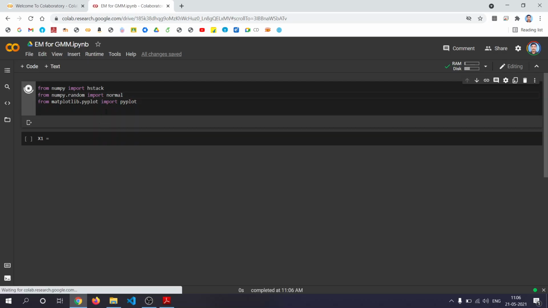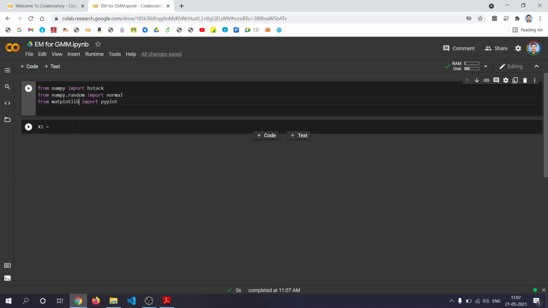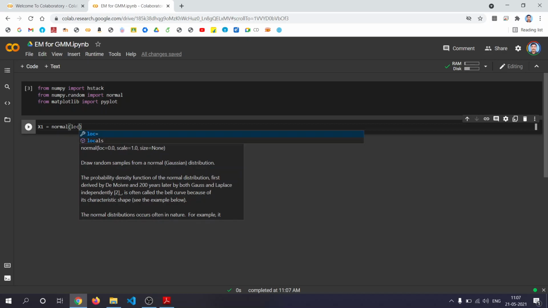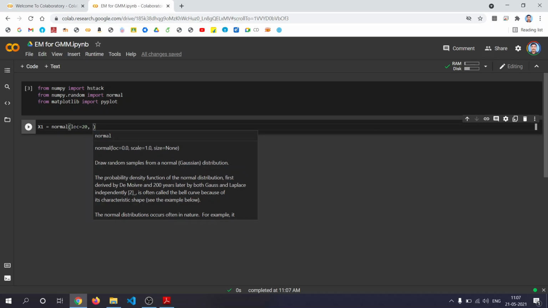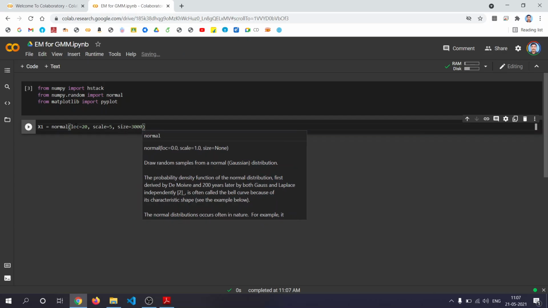So x1 equals random numbers from a normal distribution, with loc equal to 20, some scale, that is the mean and variance, basically, and size equal to 3000 values.